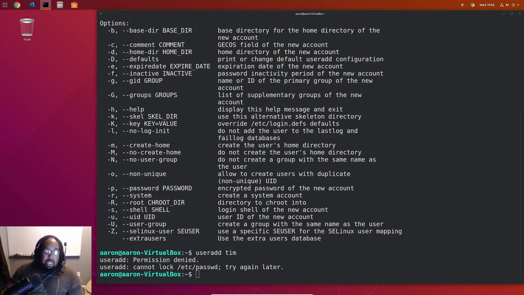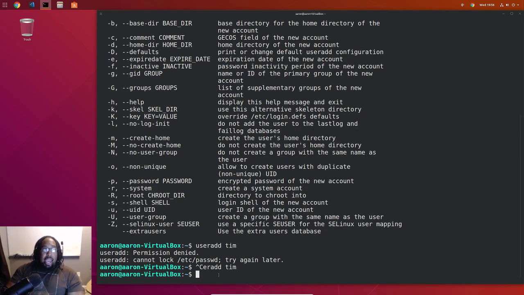But yeah, so it gives me some output here. Let's try again later. Can't do something. So I'm going to run the sudo command. Actually, I'm not going to run that by itself. In Linux, if you ran a command that didn't work, you could hit the up arrow. When you hit the up arrow, it brings back that command, so you don't have to type it back in. Super useful. Also, if you ran a command and maybe you closed the window or something, you can do,